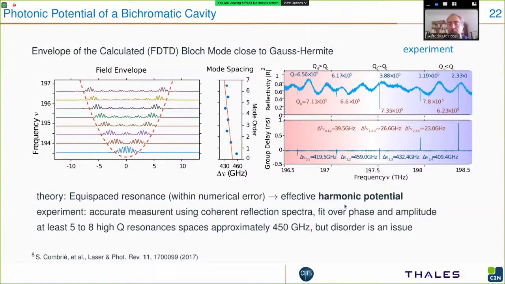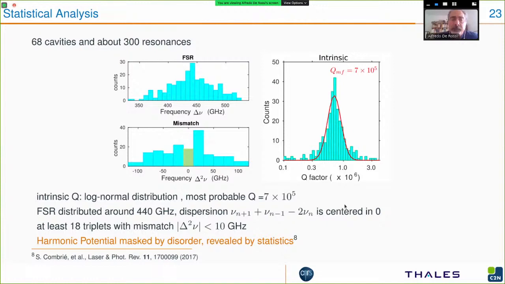This works not only in theory, this was verified experimentally, and what you have on the right-hand side is the linear scattering spectrum of the optical modes, where you see the resonances there, and they are all high Q. Q factor is, in any case, about 100,000, peaking at about 600,000, and they are almost equispaced. So we performed statistics on about 300 modes, and we had a mean intrinsic Q factor of about